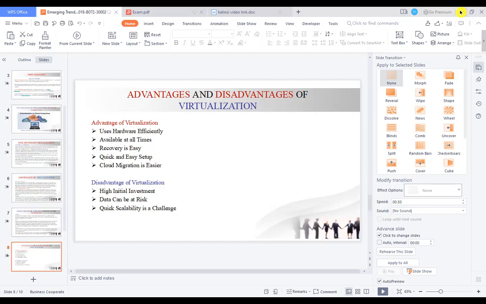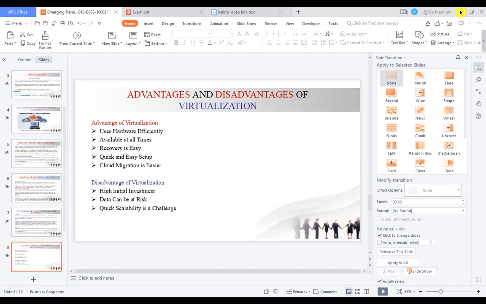So here cloud migration is easier, and it doesn't consume time on transferring those things from cloud computing services to your system. So there is no time wasting for transferring those things.